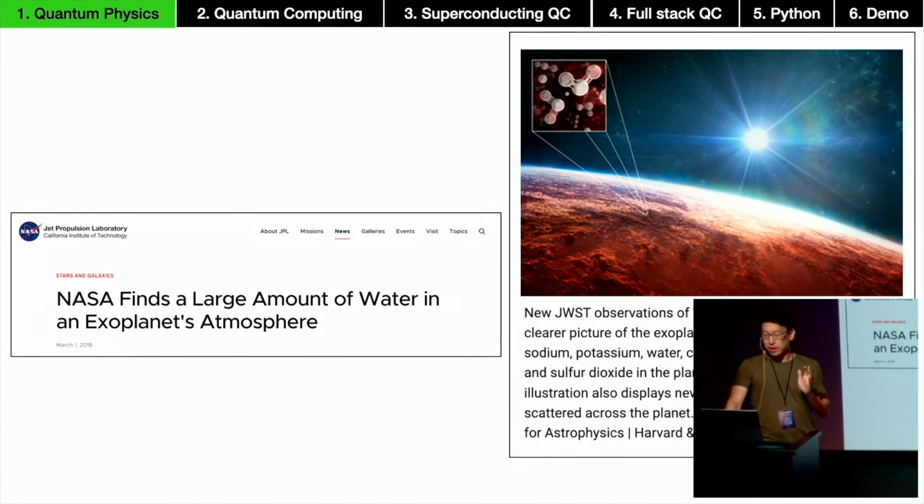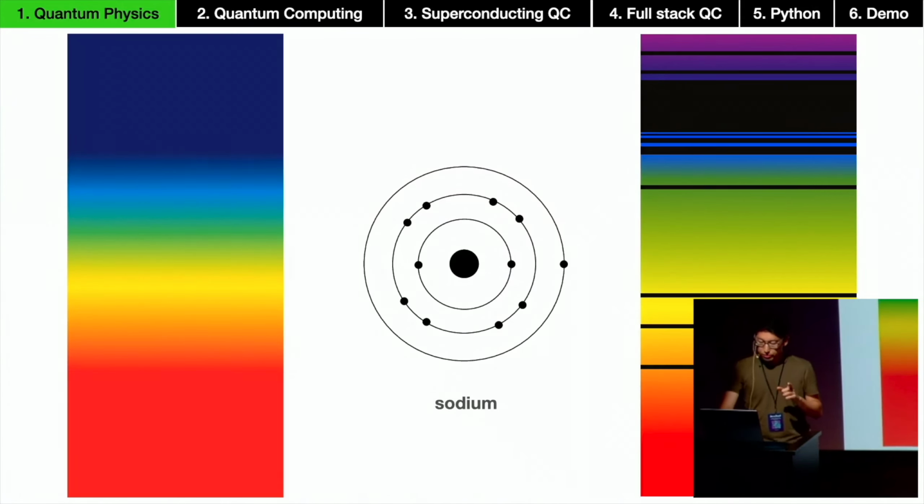It's that thing that takes advantage of a peculiar property of some quantum objects. So scientists discovered this more than 100 years ago now. If you take some atom, for example, this is sodium, it has 11 electrons, and you shine a light of wide spectrum, basically photons at different frequencies. Low frequencies, red color; high frequency, violet color. You shine the light through the atom, and you look at the light on the other side, and you notice that some parts of the light are gone. There are these black bars.